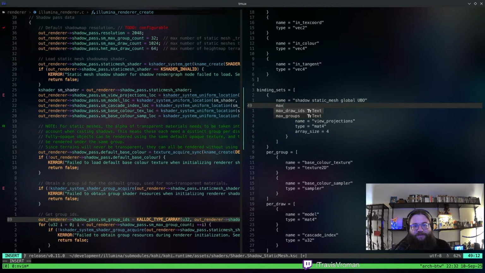So we'll do max instance count, and for this one it's going to be 1. And then the bindings themselves. Oh wait, this name belongs down here. I've bungled that a little bit.